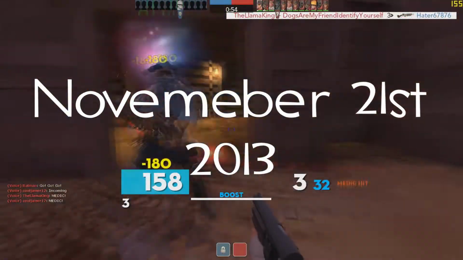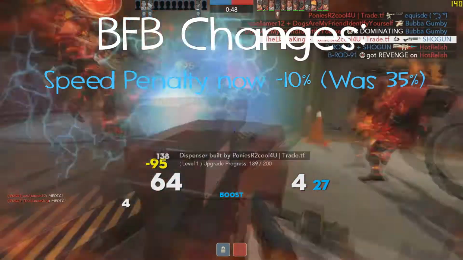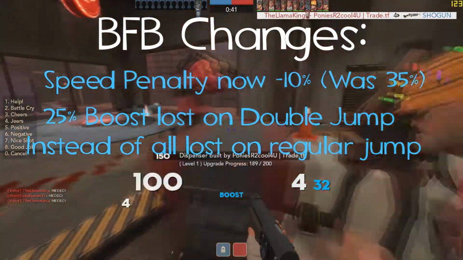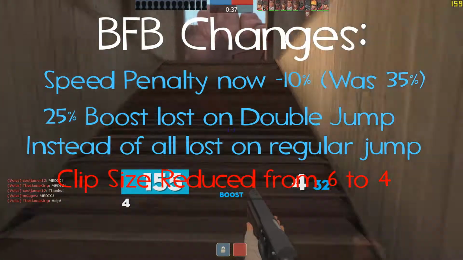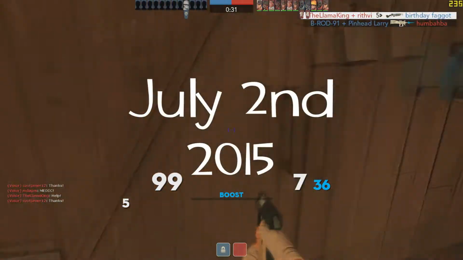Then, on November 21st, 2013, on the Two Cities update, the attributes of the BFB were changed dramatically. The speed penalty was changed from minus 35% to only minus 10%. Boost now only partially lost on air jumps instead of any jumps. The clip size was reduced from 6 shots to 4 shots, and it removed the accuracy bonus and the damage penalty as well. So right now we are in the golden age of the weapons,